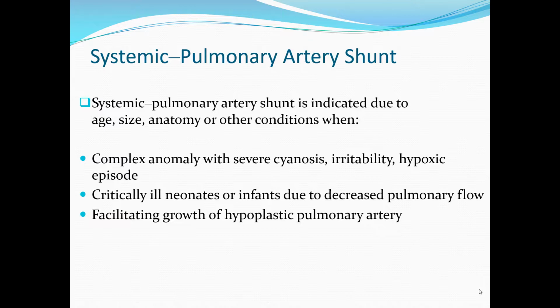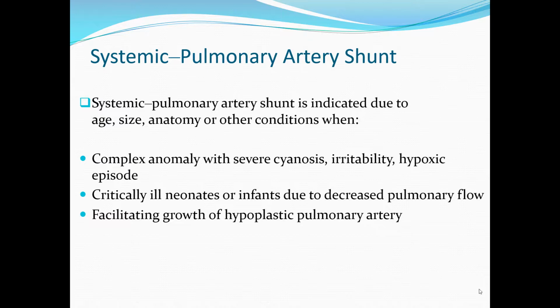How does cyanosis in congenital heart disease occur? Usually it's due to reduced blood flow to the pulmonary circulation and reduction in the level of oxygenation of the blood, which leads to hypoxemia. So the principle of this surgery is to increase the pulmonary blood flow. By doing what? By creating a shunt between the aorta and the pulmonary artery. And you know the aorta is high pressure and the pulmonary artery is low pressure. So the shunt is usually from left to right. We will increase the blood flow to the pulmonary circulation, and in this way we increase the ratio of oxygenated blood, and so